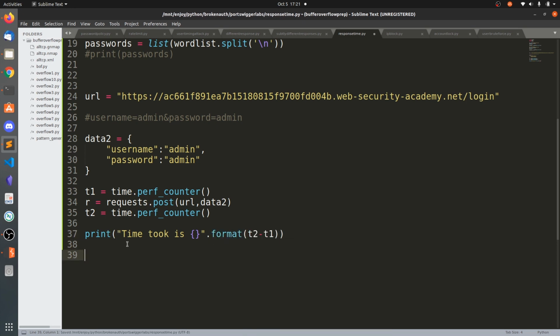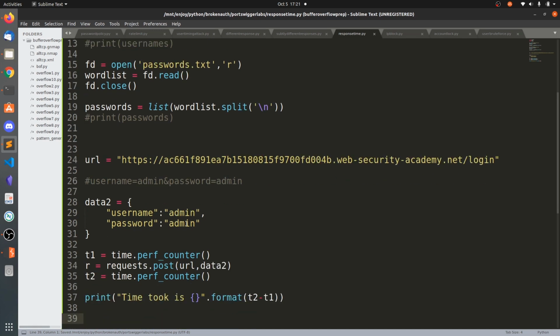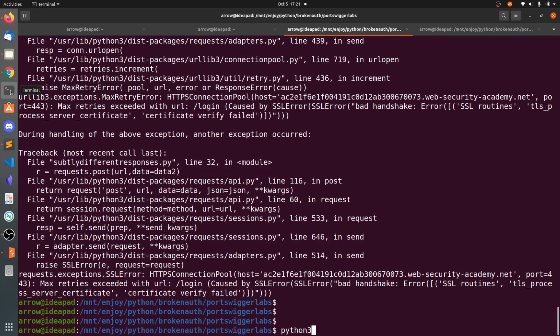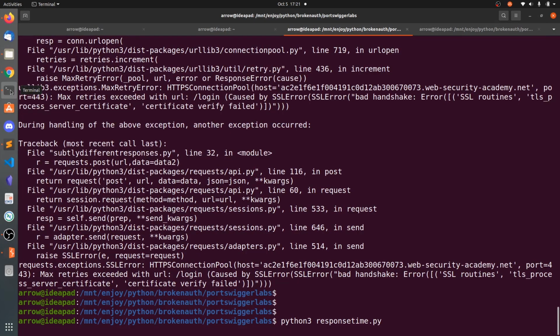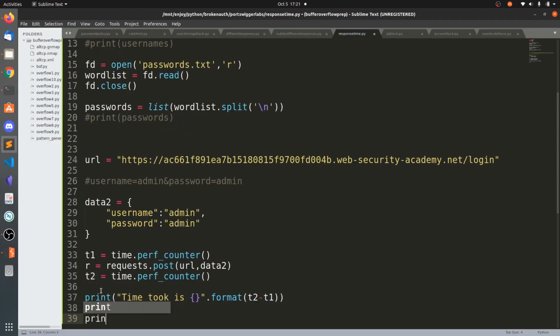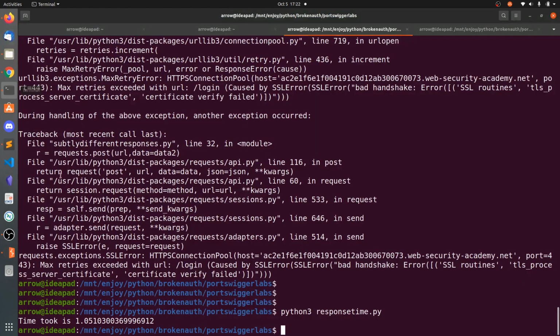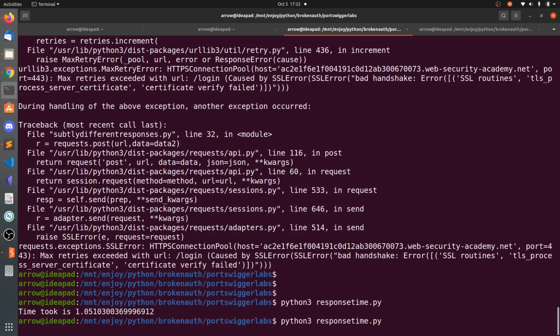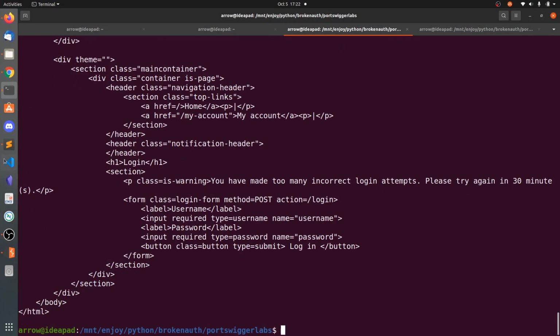So we will see how much time the username admin took. It took 1.05. Let's also print the actual content to be sure that we are not getting that try again in 30 minutes message. Okay, we are getting the 30 minutes message.